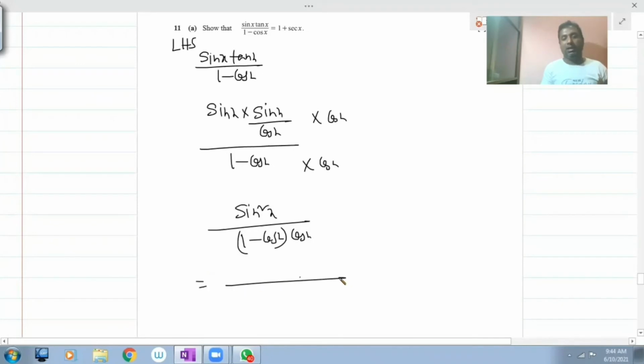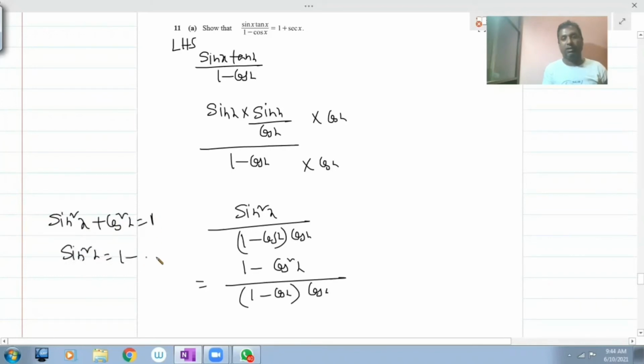Now we can apply here 1 minus cos square x, then 1 minus cos x, then cos x. We know that according to sin square x plus cos square x equals 1, so sin square x equals 1 minus cos square x. I think this is very easy to understand. And then next, we can write here a square minus b square formula